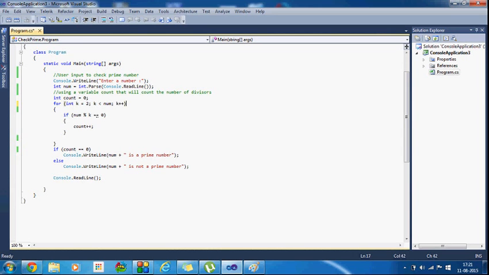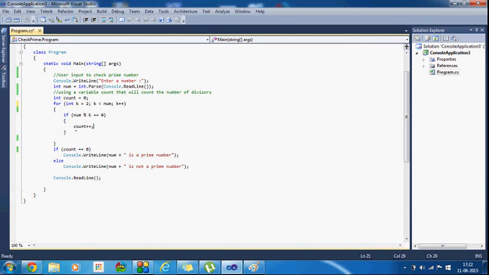And similarly for 4: after k equal to 3 and count plus plus, then k equal to 4. 4 less than 15, so 15 modulo 4 equal to 0? False, so this will skip. Then k plus plus means 5, 5 smaller than 15, so 15 modulo 5 equal to 0, true, so this will execute.